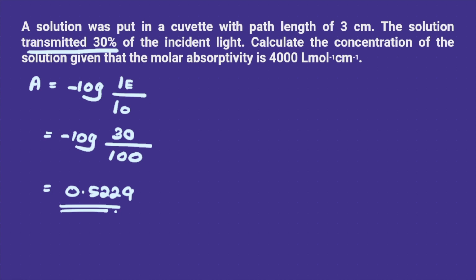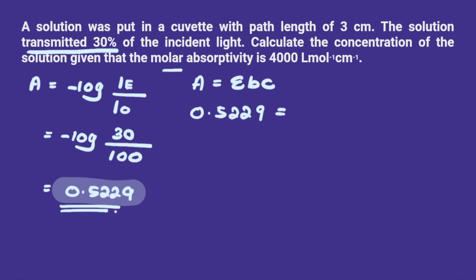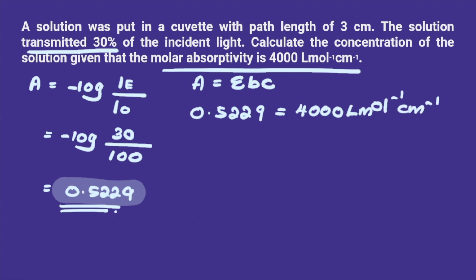Alright, so from this value, we can actually find the concentration of the solution. So absorbance is equivalent to epsilon Bc. The absorbance is the one that you have just calculated, so we need to plug in this value. 0.5229 is equivalent to the epsilon, which is the molar absorptivity given in the question, which is 4000 liter per mole per centimeter, times the B, the path length, which is 3 centimeter,